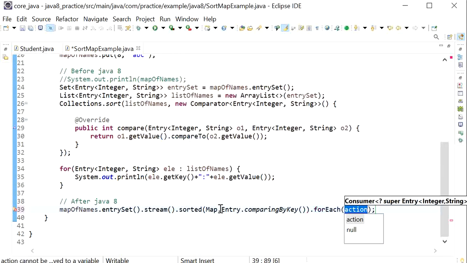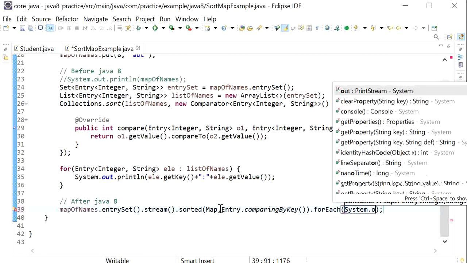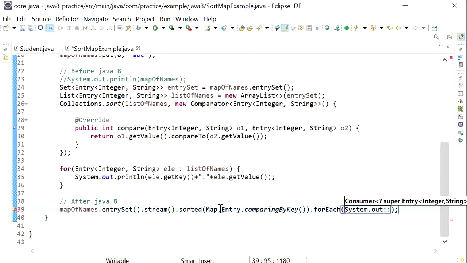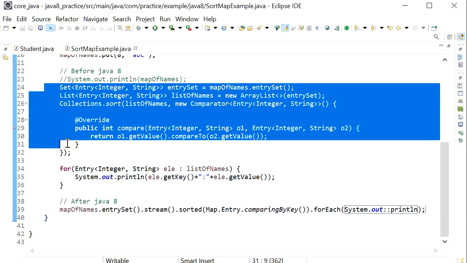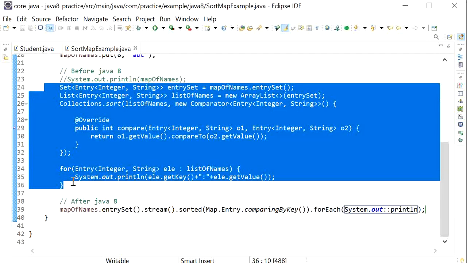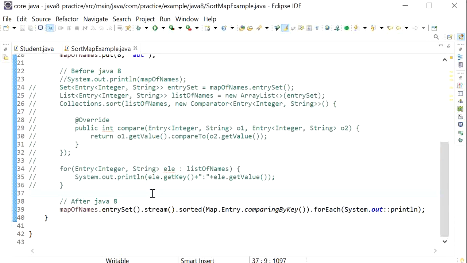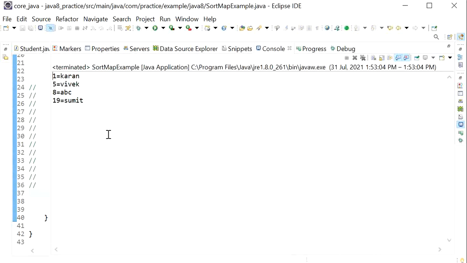Then we need to print all elements, so here just call the forEach method with System.out::println. I am using a method reference to print all the elements of the map, and here I will comment this part. So with the Java 8 Stream API we can sort like this. We just need to write one line of code, and it provides sorting order based on its key.